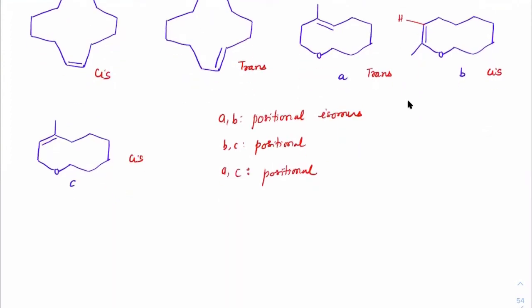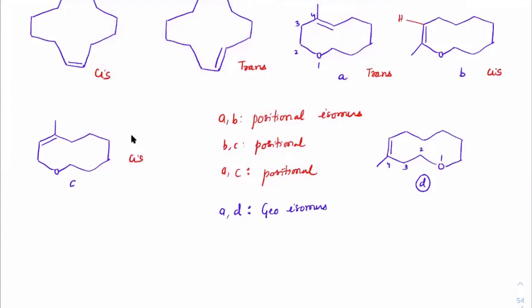Now I'll give you one more structure, just a bonus structure. Same group, got it? Now this time you will actually find them as cis and trans isomers. See how it is. If I write the group this way, now compare A and D, what these two are. See the numbering, 1, 2, 3, 4. Here also 1, 2, 3, 4. So structurally both of them are exactly the same. So what are they? This is a cis form, check it out. This is a trans form, this is a cis form. Now these two are geometrical isomers.